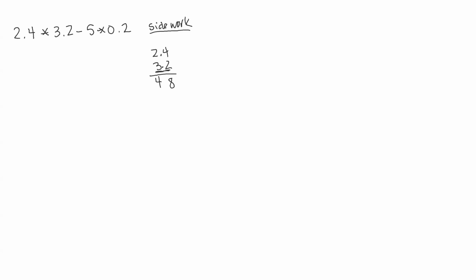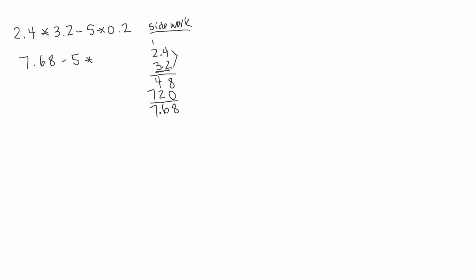I'm now going to multiply by the 30. So what I do is I put the 0 in for the 30 here, and then I multiply by 3. So 3 times 4 is 12. So I keep a 2, carry a 1. 3 times 2 is 6. 6 plus 1 is 7. I add. And then I have 2 decimal places up here in my factors. So I want to make sure I have 2 decimal places in my product. So what I have right now is 7.68 minus 5